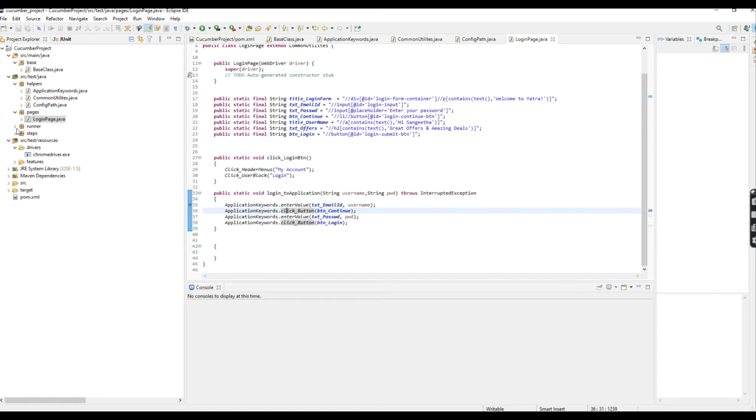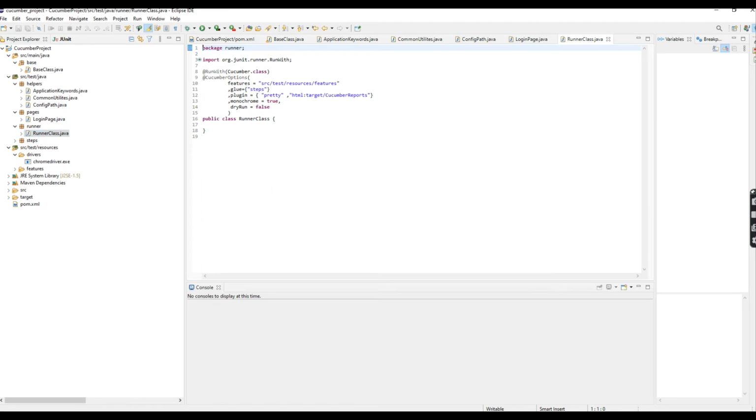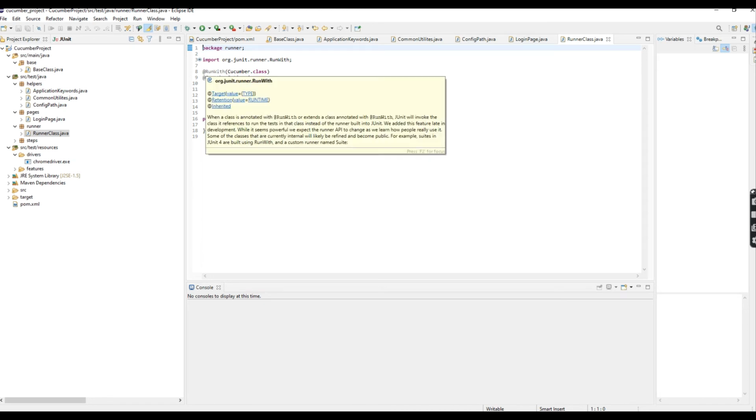Next, come to the runner package. Inside the runner package I create a runner class. This is very important for Cucumber. Here I am defining two annotations, RunWith and CucumberOptions. RunWith is defined for the WebDriver driver, targeting that WebDriver interface.